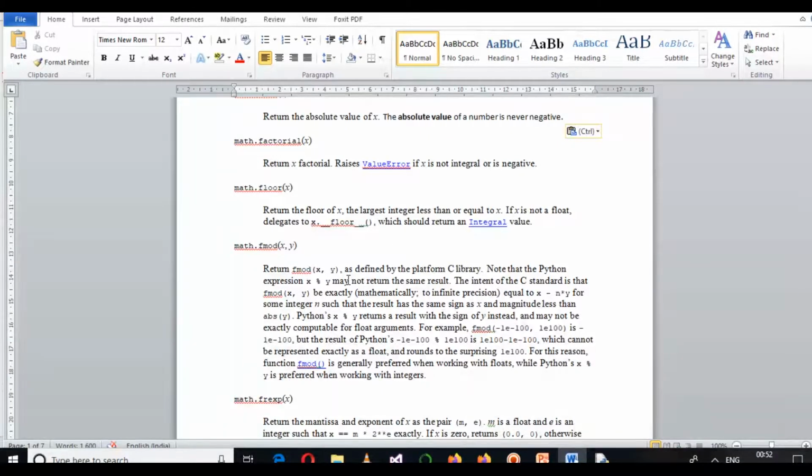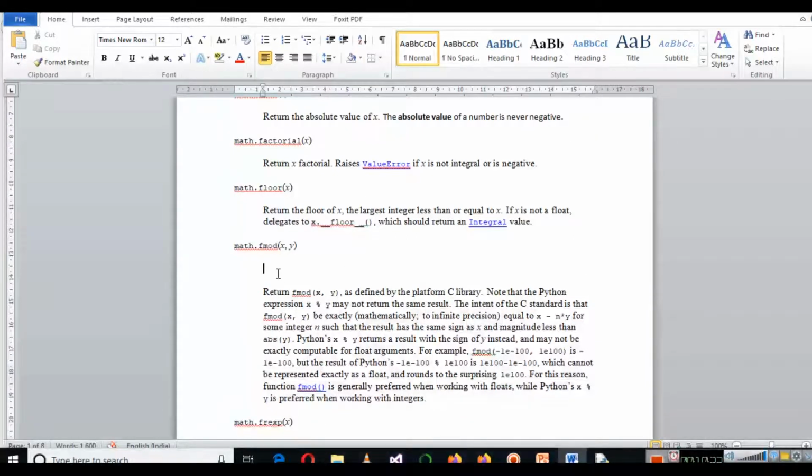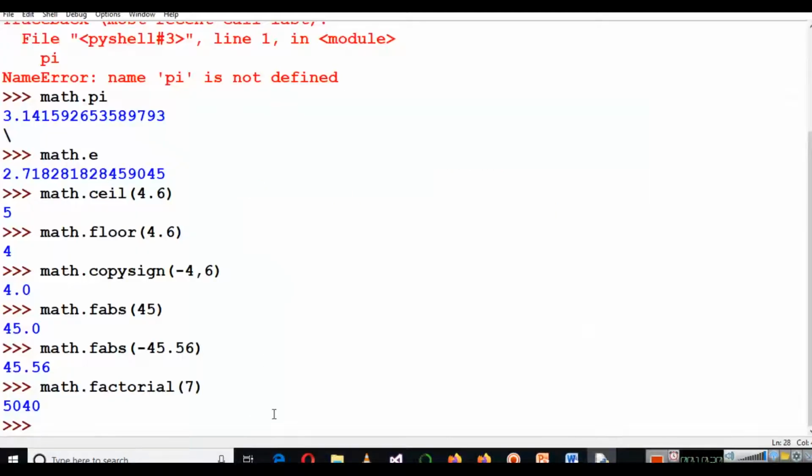So it returns the mod of x and y, and in simpler words it computes the remainder of division. So let me write here math.fmod, and here we can write, let's say, 22 and 7.